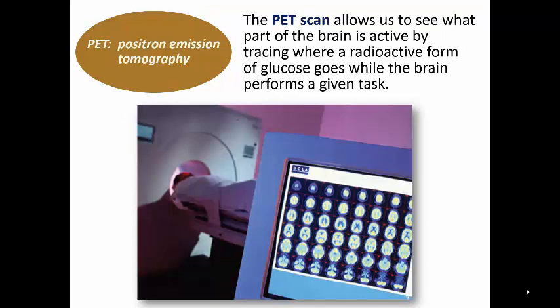PET, or positron emission tomography, allows us to see what part of the brain is active by tracing where a radioactive form of glucose goes while the brain performs certain tasks. So certain areas of the brain light up. They might have you do like reading or singing or think about something, and then you'll see different areas of